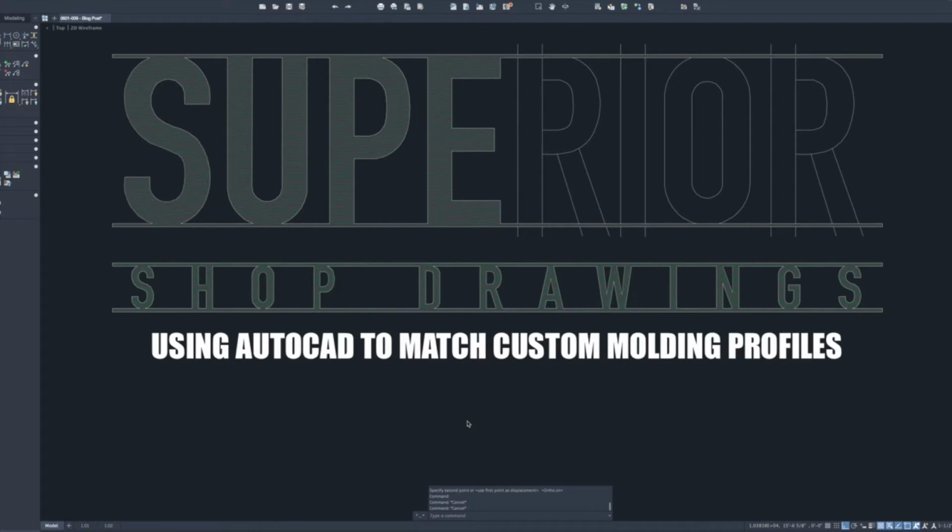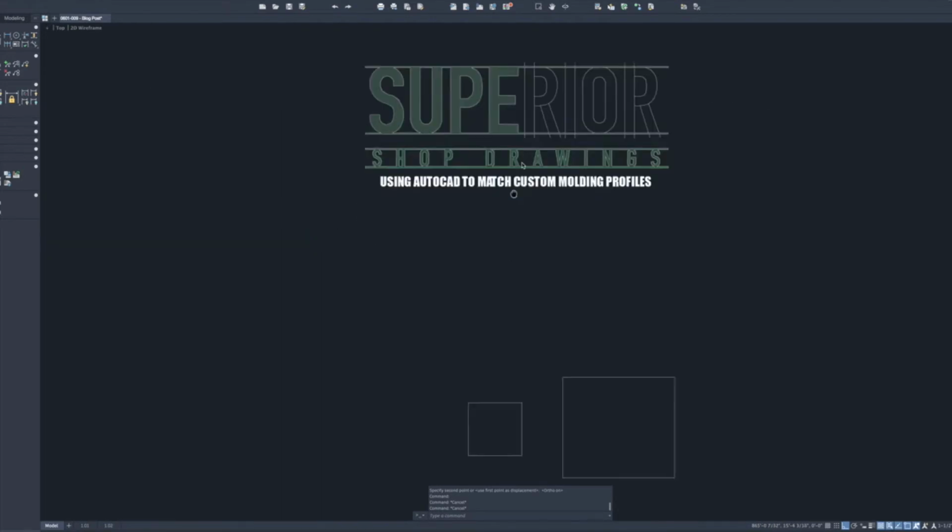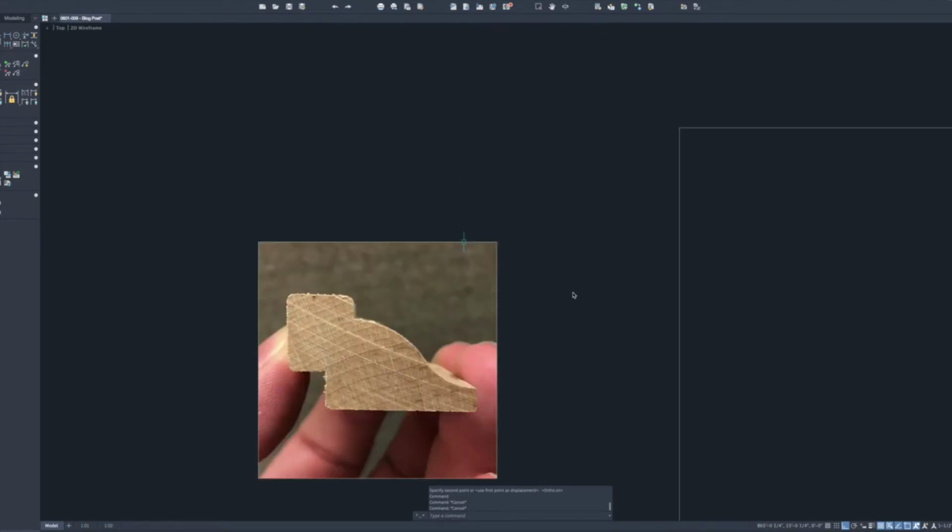So I want to walk you through a pretty simple process of taking your physical piece of molding and getting it into AutoCAD so that you can prep it for a custom cutter. But first, I'm assuming you have either a cutoff or a physical piece of molding that you can either use a profile gauge and trace or trim one end so that you get a nice clean cut. The first thing we're going to need is an image of the